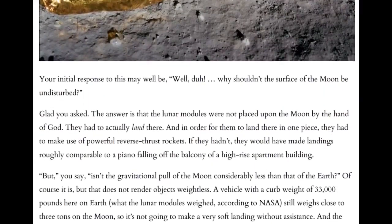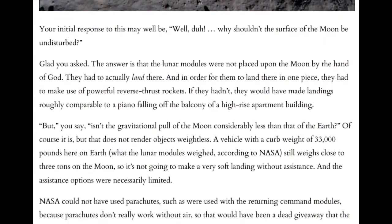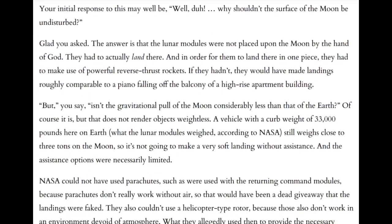Your initial response to this may well be, well duh, why shouldn't the surface of the moon be undisturbed? Glad you asked. The answer is that the lunar modules were not placed upon the moon by the hand of God. They had to actually land there. And in order for them to land there in one piece, they had to make use of the powerful reverse thrust rockets. If they hadn't, they would have made landings roughly comparable to a piano falling off the balcony of